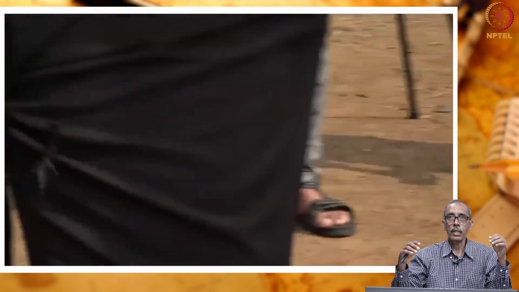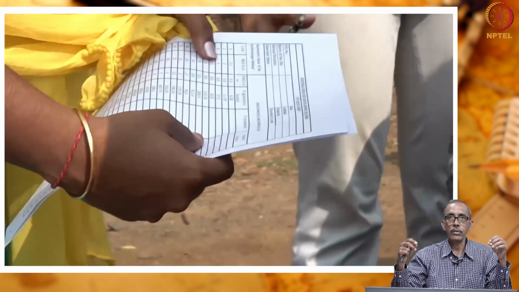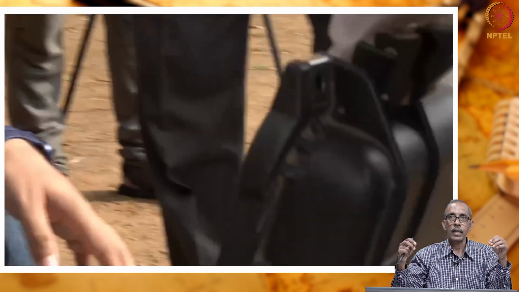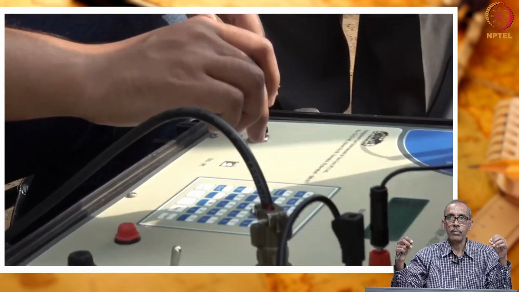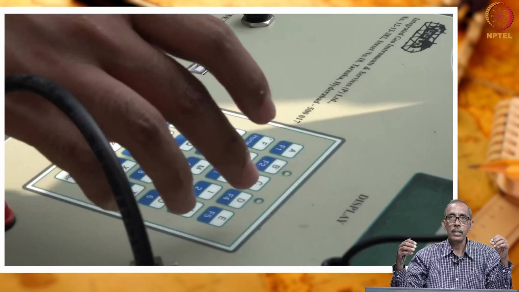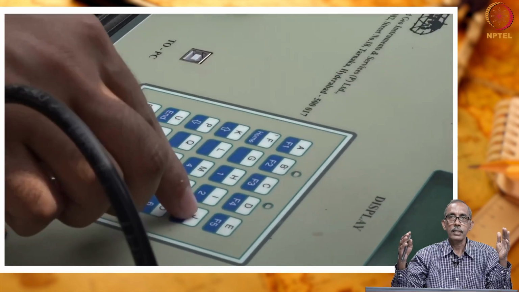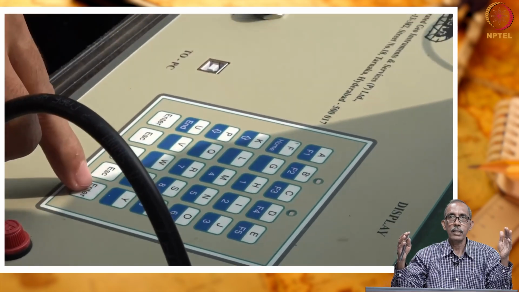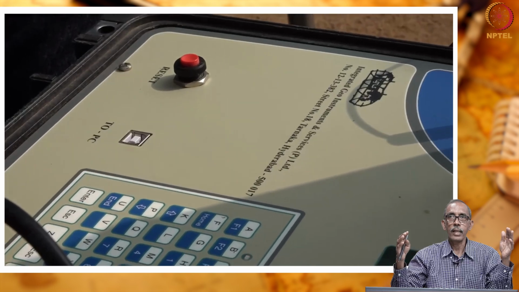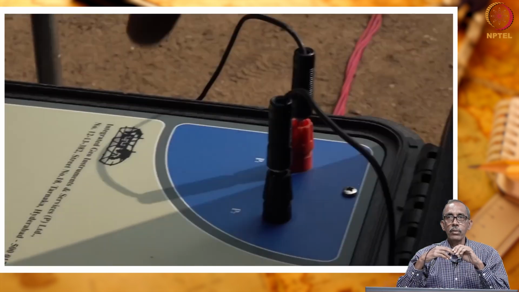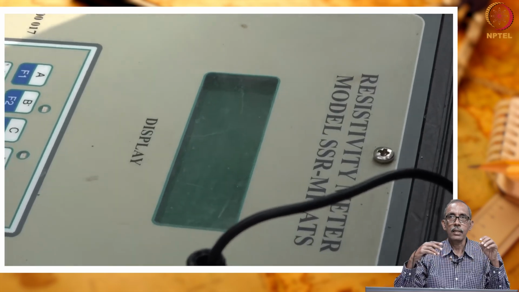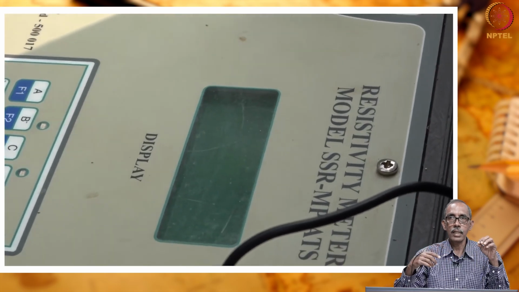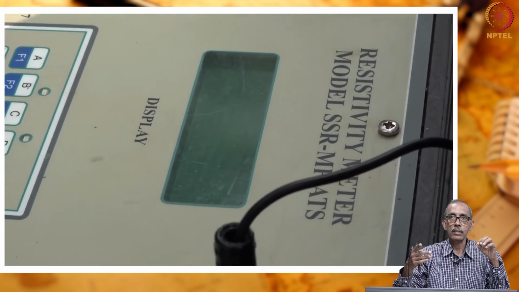Since the flow of current was not sufficient, we are doing a little bit of hammering, right. Now, A and B are at a distance of 9 meters. So, this is how we are now carrying out the survey to understand the variation in apparent resistivity at different depths below this particular point within our campus, right.